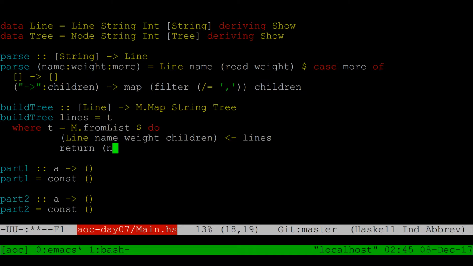Of course it will. fromList is a function in Data.Map which takes a list of tuples of key value pairs and produces a map from them. Well, we return the name and as the value a node with the same name and the same weight, but for children we will write map